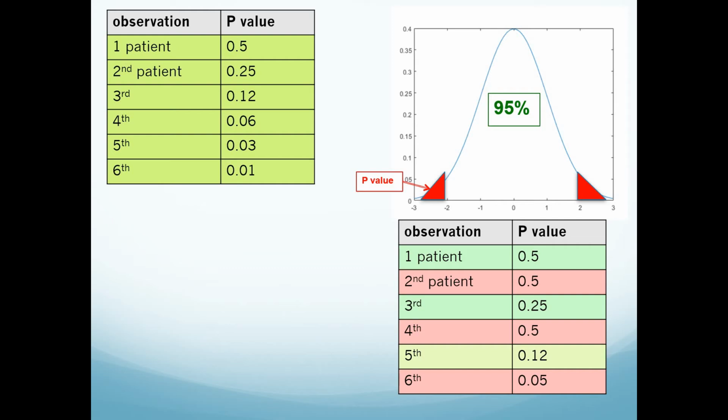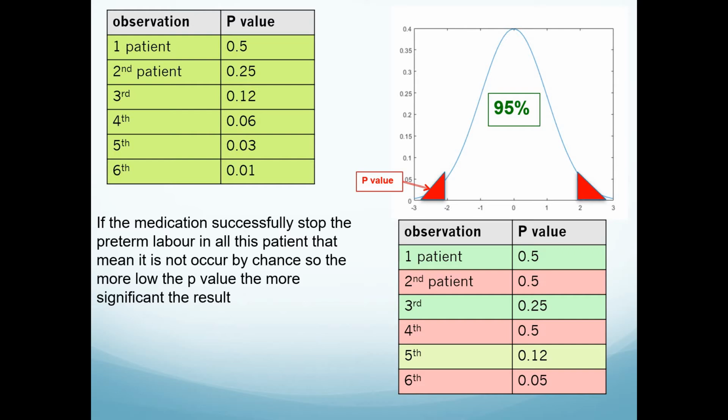We will later on talk about the clinical significance and the statistical significance, and in some studies they are going to accept a p-value of more than 0.05, especially for a new medication where there is no treatment for a specific diagnosis. But for the meanwhile, we know that if the p-value is less than 0.05, that means this medication effect is not occurring by chance. 95% this medication effect is due to the intervention.